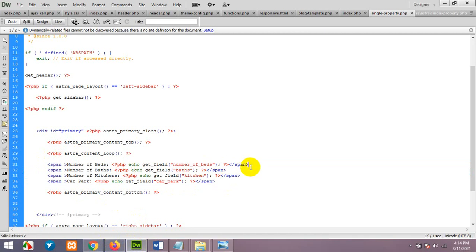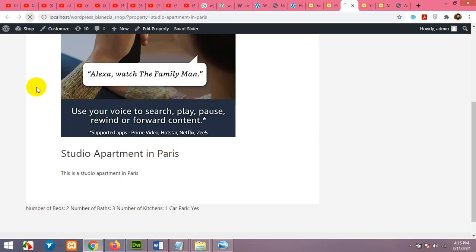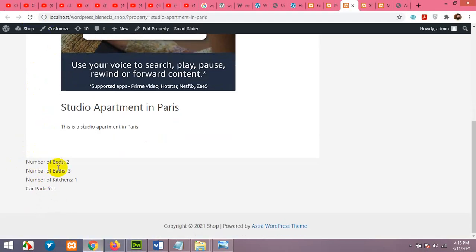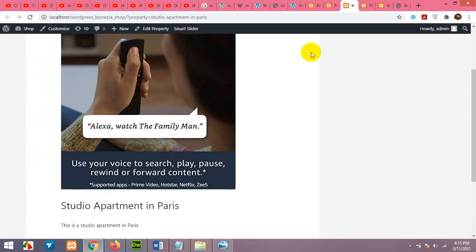So add a BR tag at the end of each line, save it and refresh it, and here it is: number of beds, number of baths, kitchens and car park.